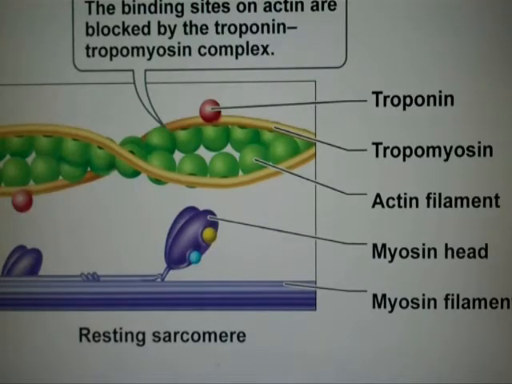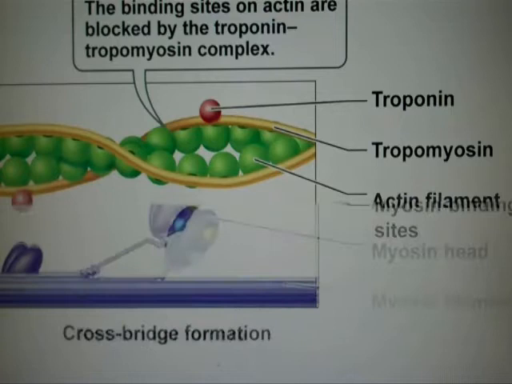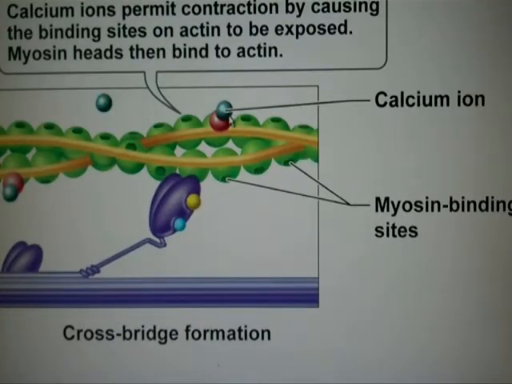Notice though that your muscles don't just contract arbitrarily. You control when they contract. So just like on a pistol, when you cock the hammer back, there's a safety, or just like on a mousetrap, when you set the mousetrap, there's something that holds the lever back. Same thing here. This troponin-tropomyosin complex, these yellow and red parts, cover the binding sites, preventing the sarcomere from contracting. In the presence of calcium, however, calcium turns that safety switch off,